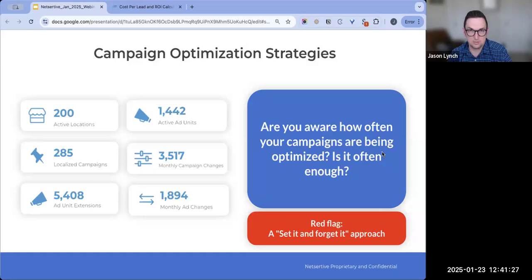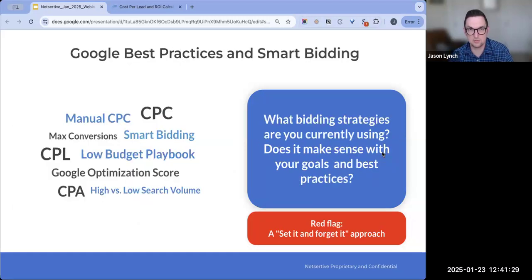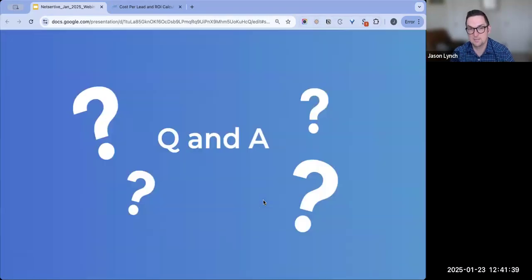And really also best practices around smart bidding. This is another question to ask your partner: what bidding strategies are you currently using? Does it make sense with your goals and best practices? So that's a bit of how to lower your cost per lead. I know that was a lot of information,